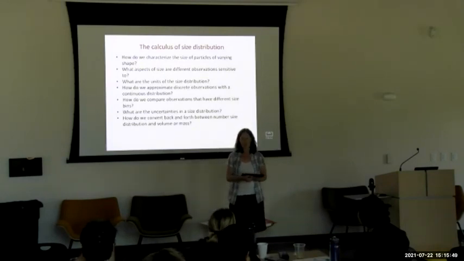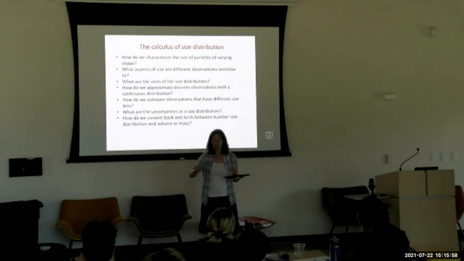Right, so how do we get from a discrete set of particle counts to a continuous particle size distribution? And then how do we compare those if we have things from different instruments or different places, different size bins, things like that. And then thinking about number size distributions, particle volume size distributions, area size distributions, going back